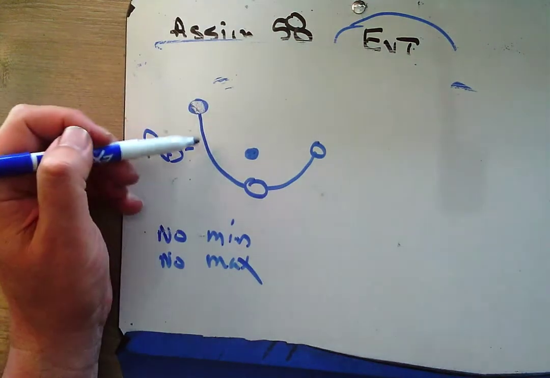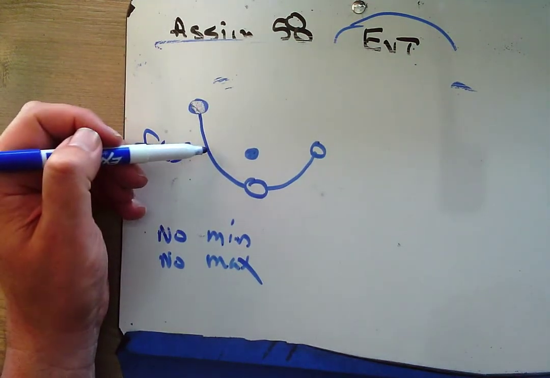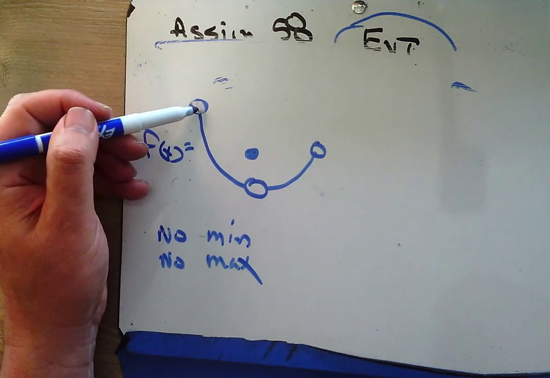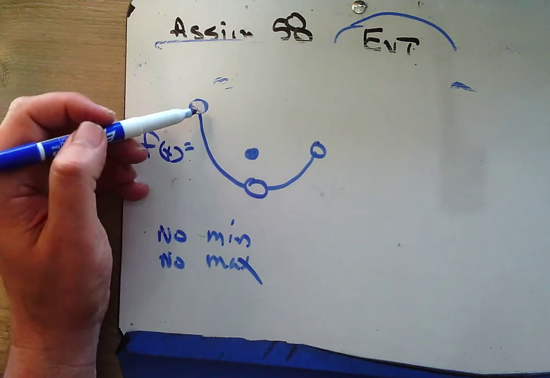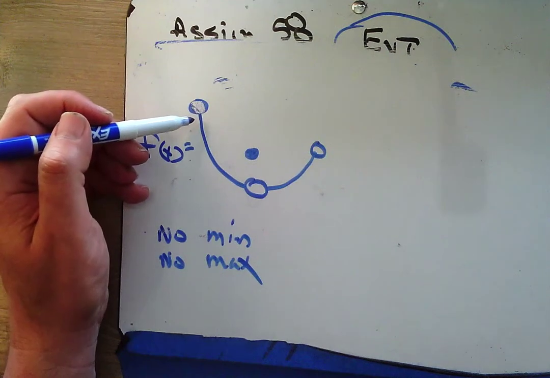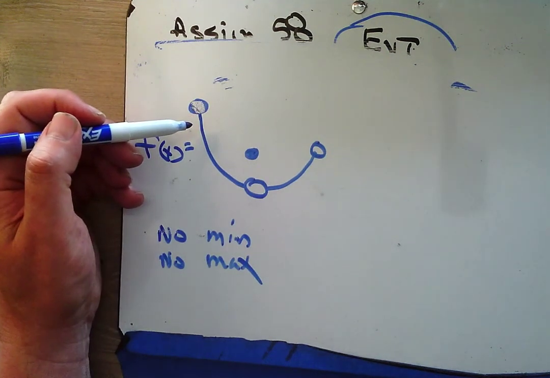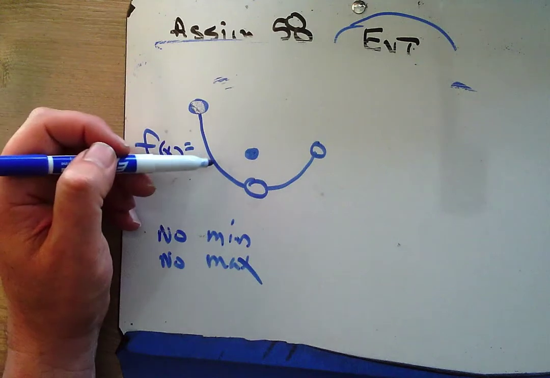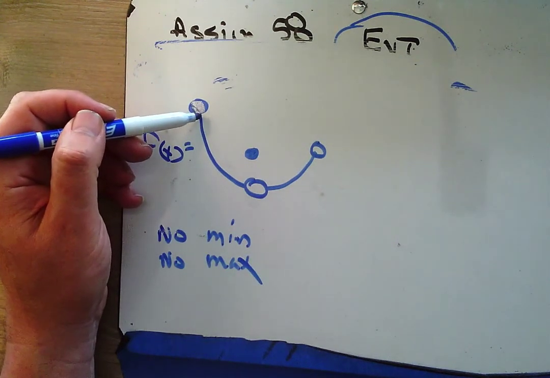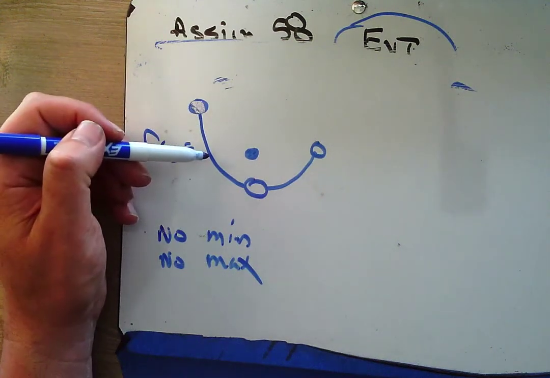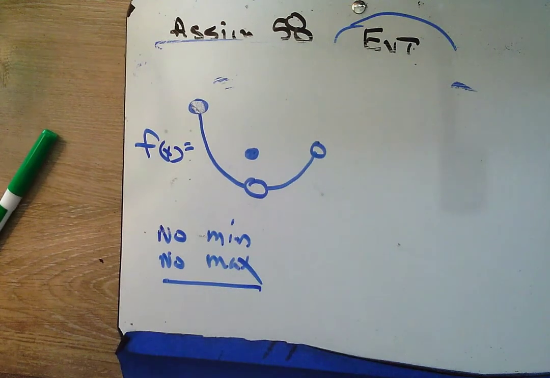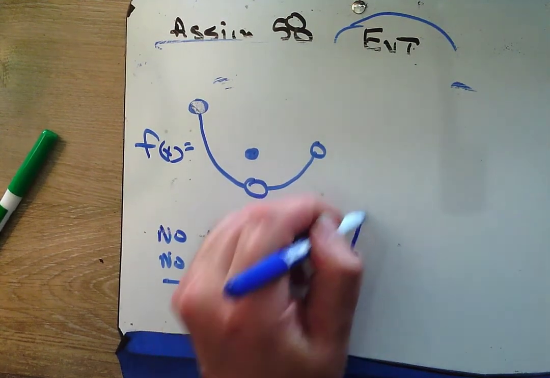And as a result, what's happening here is forever we are getting closer and closer and closer to a y value here. In fact, we know the limit exists over here, but the point doesn't exist. And because the point doesn't exist, we're just going to keep increasing and increasing and getting higher and higher than the point before it. And because of that, we say no max. Okay? If I have something like this,